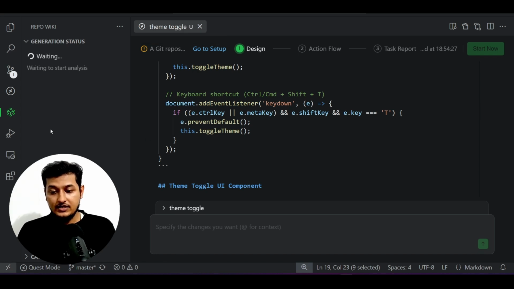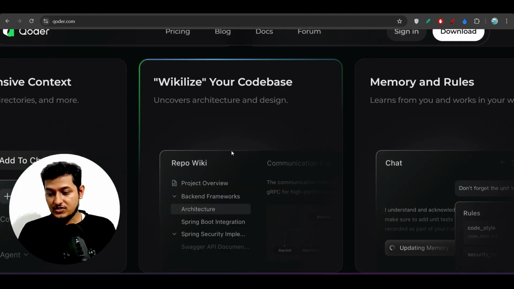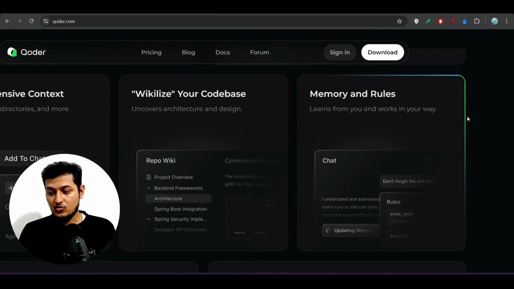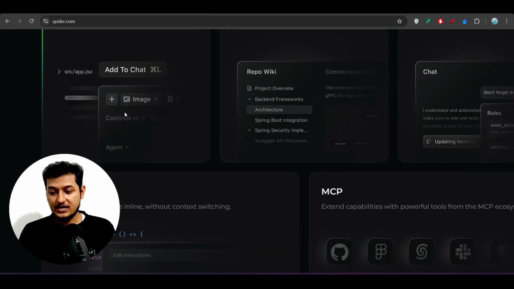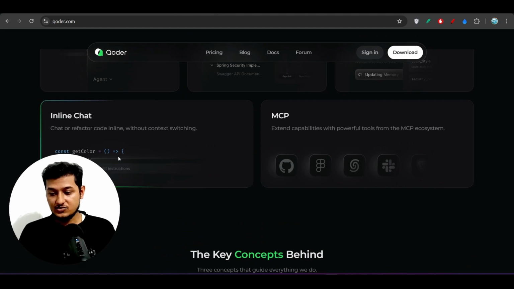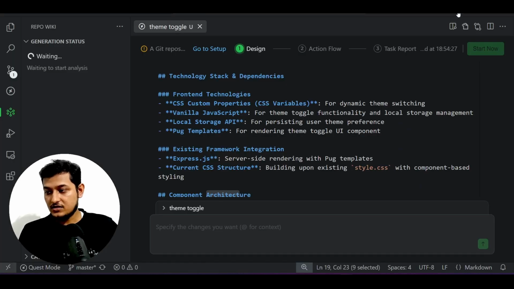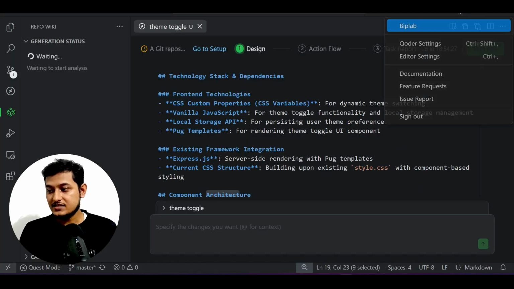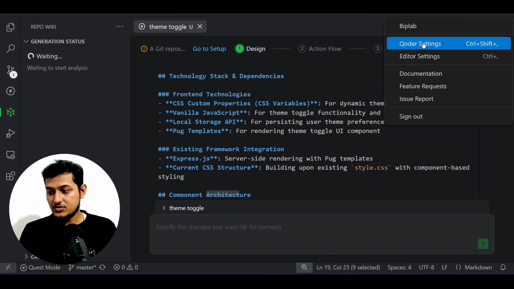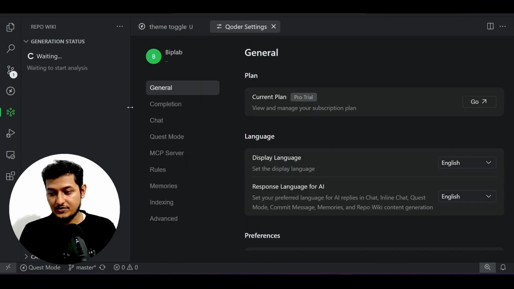Okay, and what are the extra features that they have? This memory and rule, and this comprehensive context, and this inline chat. So they have this inline chat option also, and also this MCP. So you can add your MCP here also. Go to this, on the left hand side, user settings. So click on that, and now click on this Qoder settings, and after that here you will find this